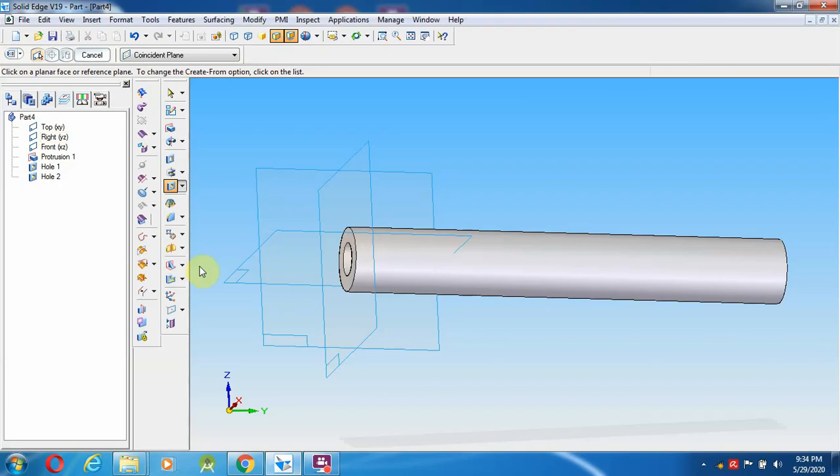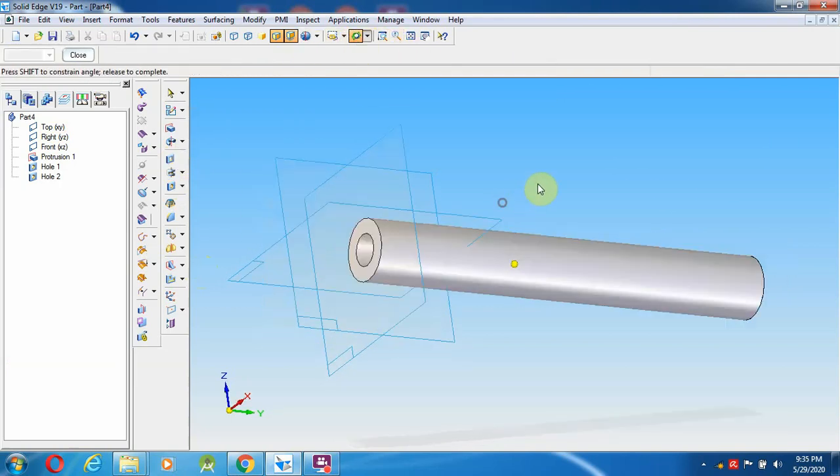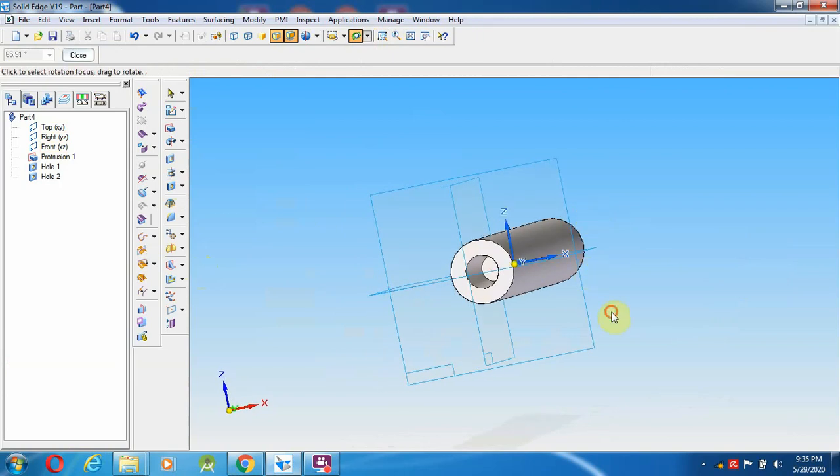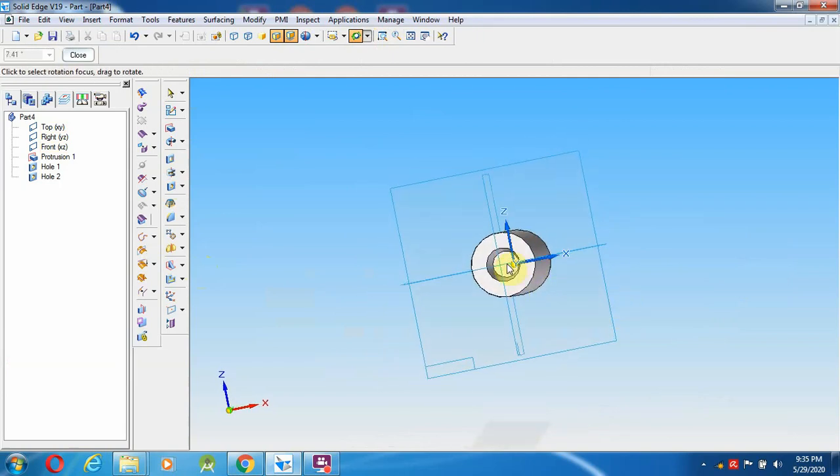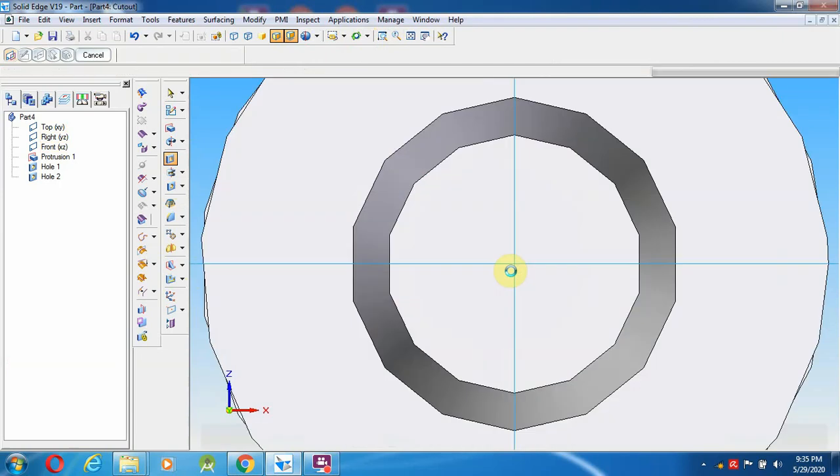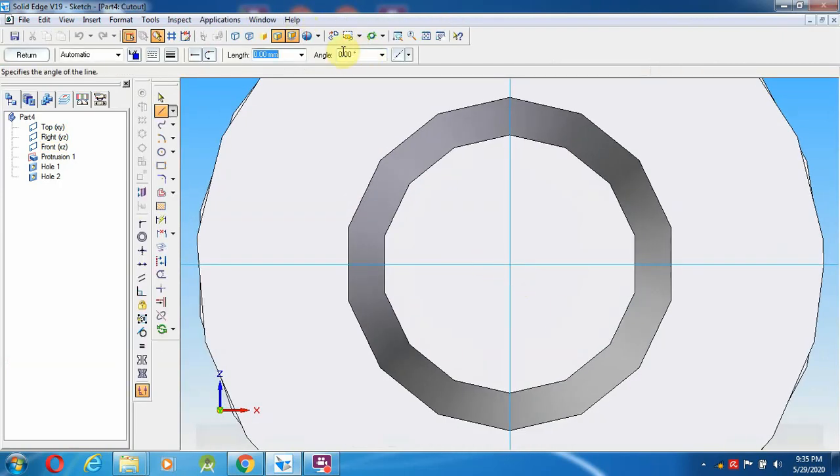So go over here, select a cut out. Now select the inside distance. The inside part is very important. Select a circle from here.